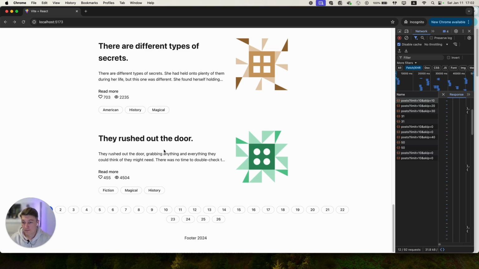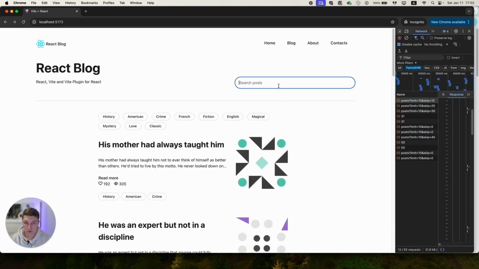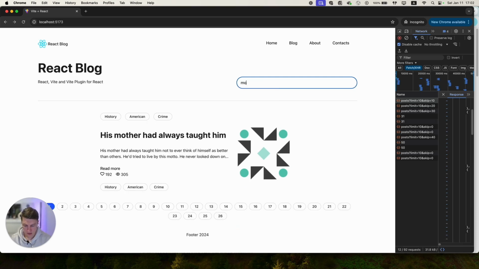So we have single post page, we added routing, we added pagination to our blog. Also, we probably still have, let me check. Yes, we still have a filter, but of course that filter doesn't work with the pagination because we have only one post from our filter, but still we see 26 pages.